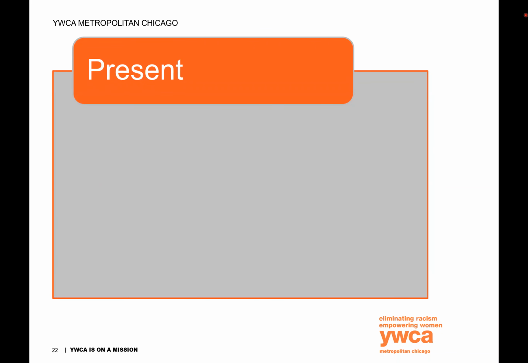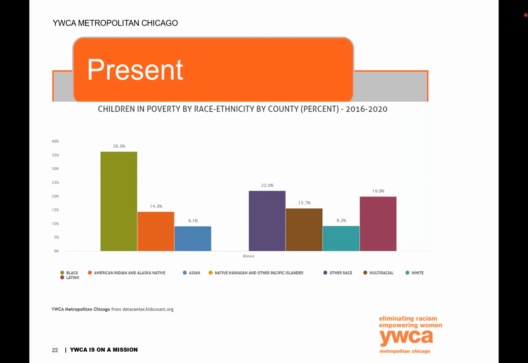So putting these best practices into action from our previous example of child poverty by race and ethnicity, let's dig into that. But first, I want to flag that though the data center does provide great data visualizations, these visualizations are not always fully labeled. So it's super important to do that yourself.